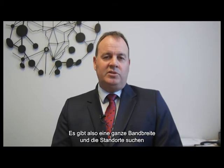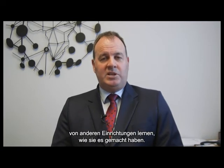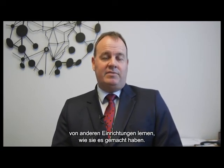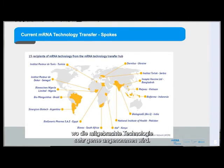And spokes are looking to work with the hub for many different reasons. Building capacity from scratch, or just learning best practice from other entities on how they have done it to date. So the spokes are all in low and middle income countries who are keen protagonists to accept this technology that is brought. And the diagram that is shown to you now will illustrate